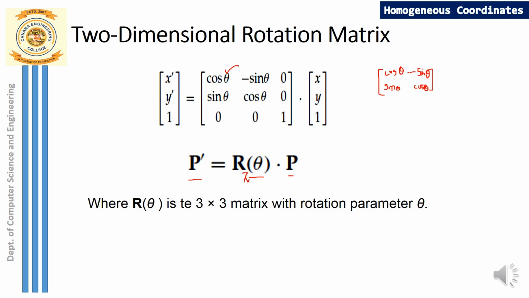So you can see the order of this matrix also is 3 cross 3. So it became the homogeneous, same type of coordinate system or the same order of matrix, maybe it is translation or rotation.